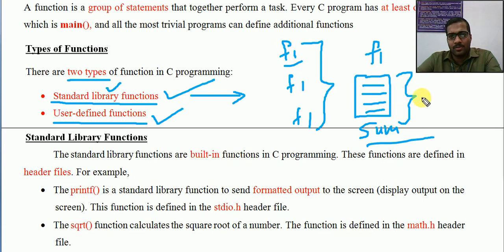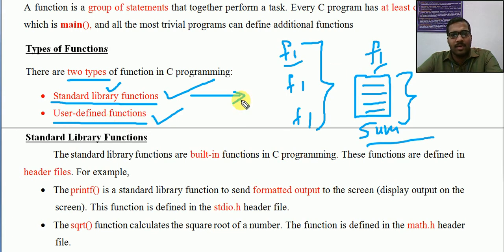The user, the programmer, will be writing the function and its body. Like for a prime number I will be writing a function, for finding the length of a string I will be writing a function, for doing some operation related to an array I will be writing a function. So the function is defined. Definition means the body, what functionality it is doing, what is to be done with the given function, that is to be written by the programmer. That is called user defined functions.